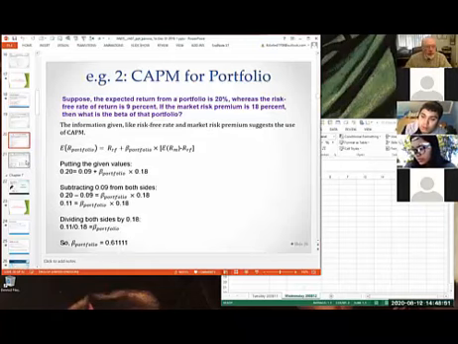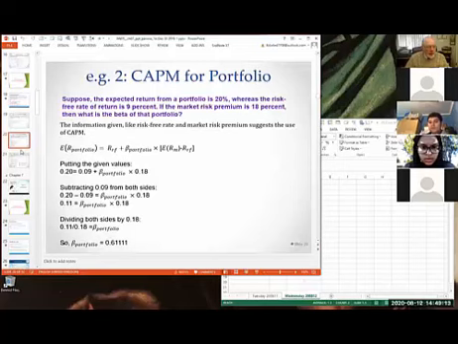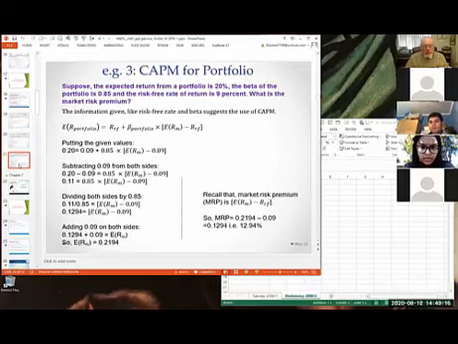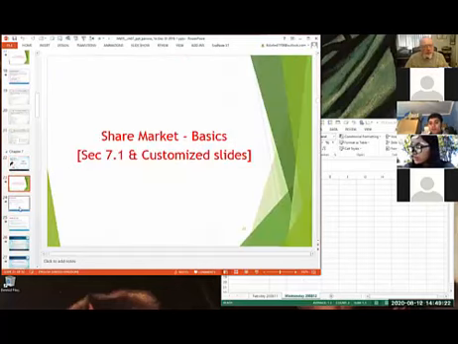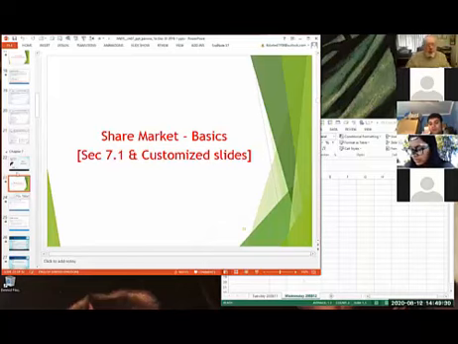What I'm thinking of doing, so I really want to get on to chapter 7, is because you guys have got copies of these, right? We'll move on to chapter 7 and get that going, because I wanted to go on to working with the share valuation and so on, which is going to take us a bit more time. And with that, what we might do is we'll move on to share valuation now and just get a little bit of a start on that. We'll run up until about 3 o'clock on share valuation, and then we'll take a break.